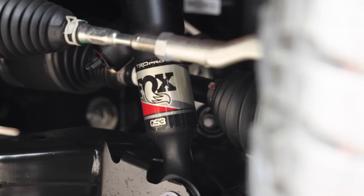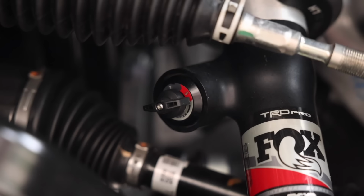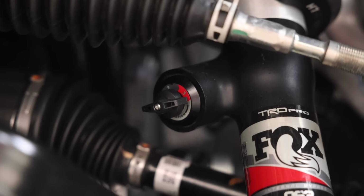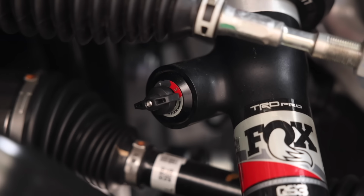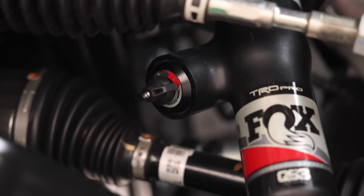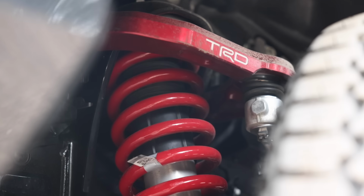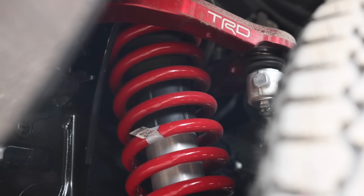The QS3 on that name stands for Quick Switch 3, so there are 3 different adjustment modes, kind of like soft, medium, and firm mode. So far, I got this truck and it was in the medium mode, which is great for kind of do it all. I did loosen all 4 corners and turn it to soft just to see what that would feel like on the road, but in the future I'm going to crank that thing up to firm